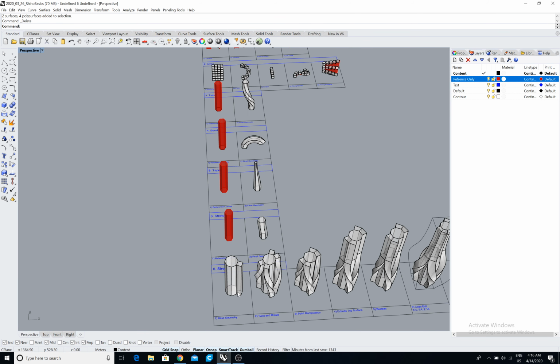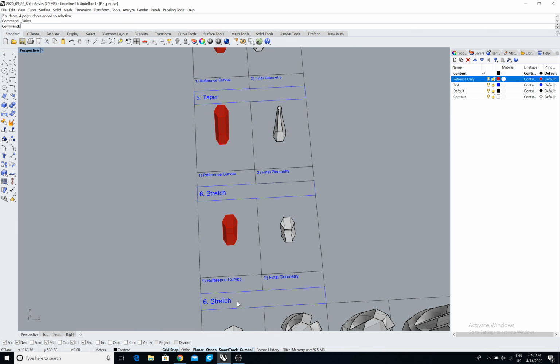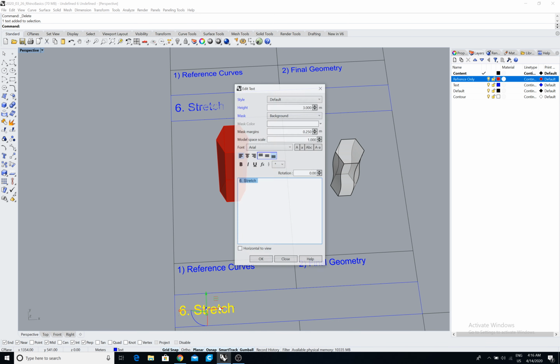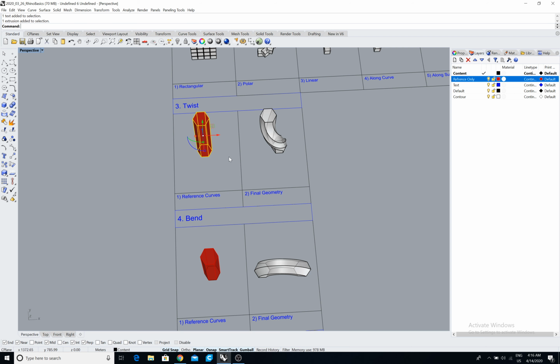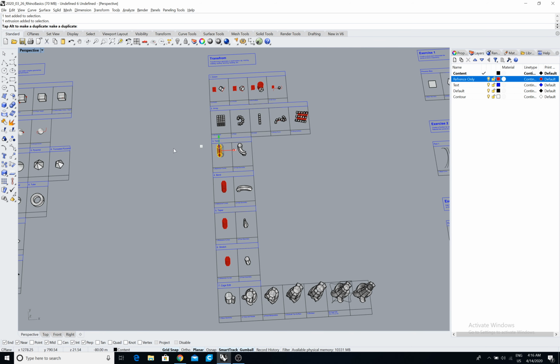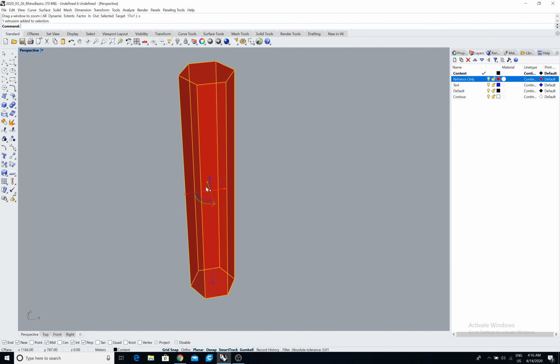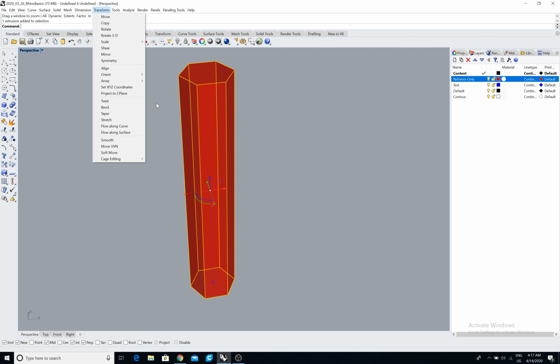Okay, so now another good thing to explore in transform is the cage edit. Imagine, let's take this particular geometry and let's use this geometry for it. And what I could do is, so basically when we talk about cage editing,